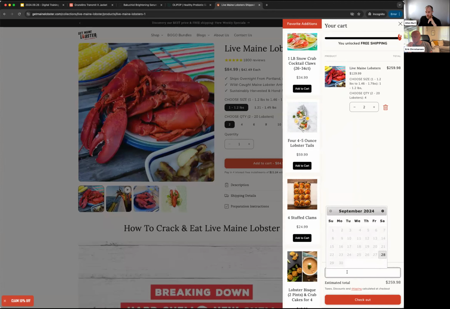Love that it's here. It does say taxes, discounts, and shipping calculated at checkout. I'll give them that one because they have a great tool up here that's branded. Love the lobster claw. You unlock free shipping. I think that's great. I think the criticism that a lot of people would give to this experience is that,